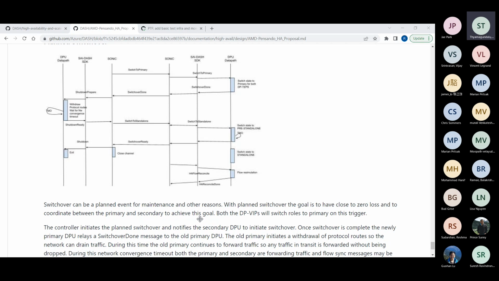The standby will also forward. Forwarding to what? Forwarding to the VM directly? Yes, to the VM directly. It is doing regular forwarding based on the flow data that was synced from the previous active when it was standby. Whatever was there, it will use the same flow data and keep forwarding. But what about new connections?